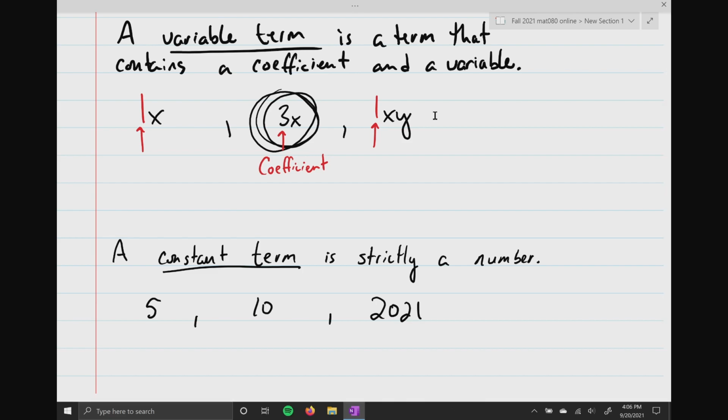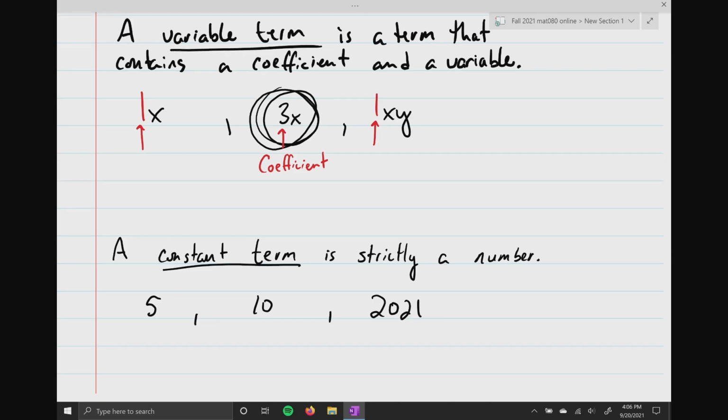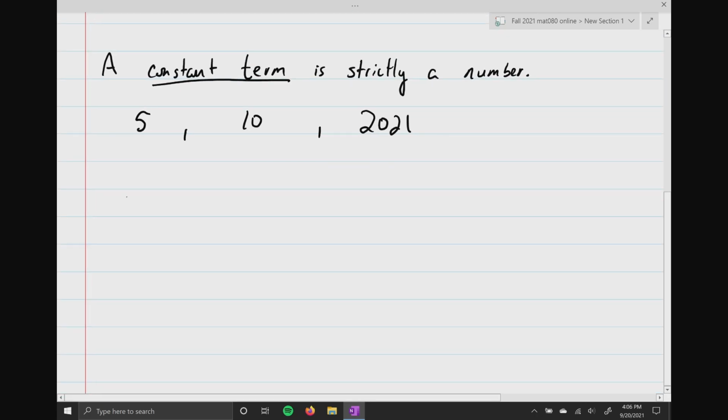So the next thing I want to do is go over different symbols that we use within algebra. Now, one of the symbols you're extremely familiar with is going to be the equal sign. Okay? But some other symbols that you might not be aware of are called inequalities. All right? So what I'm going to do is I'm going to write them and then I'm going to group them all together. Okay? So inequalities, let me write it off to the right. Inequalities